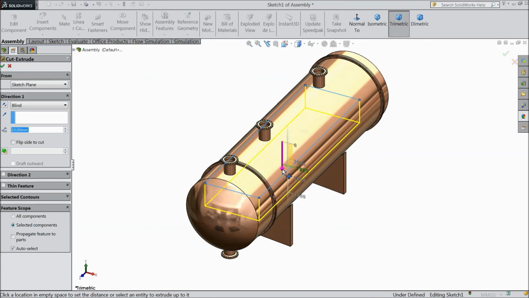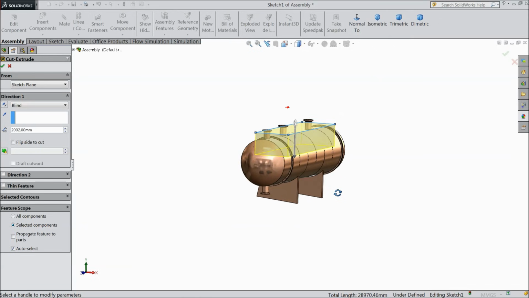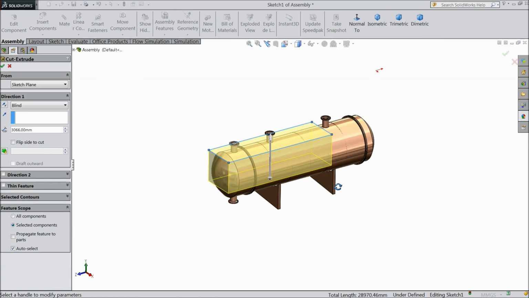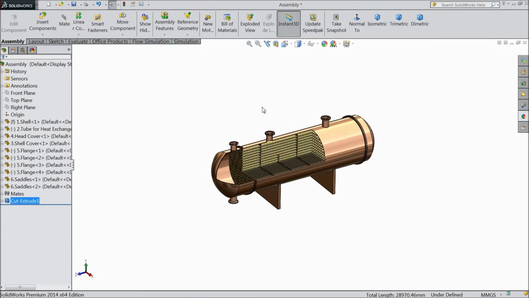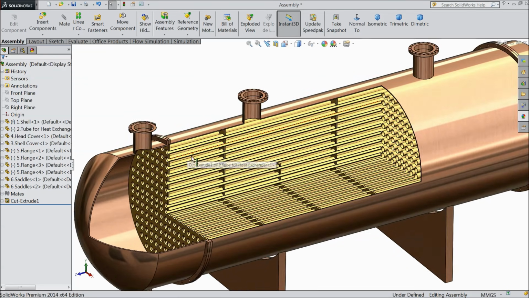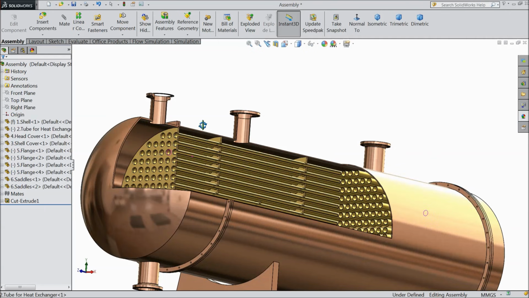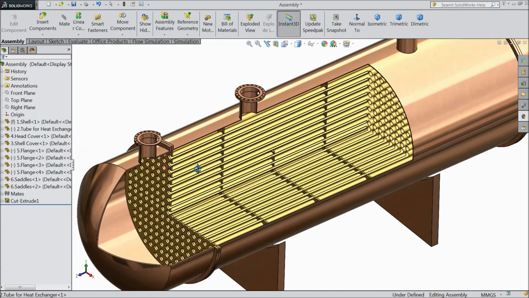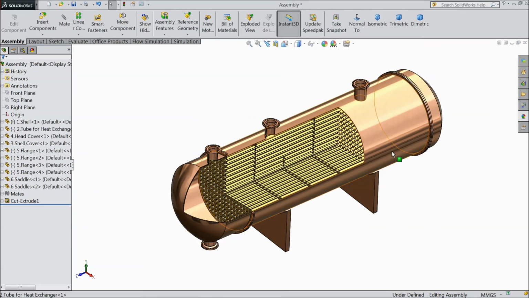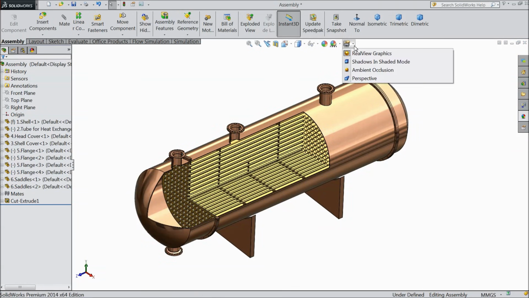Not through all, we just want to show some section view. That much is enough. Okay. Now that's it. So this is our heat exchanger body.